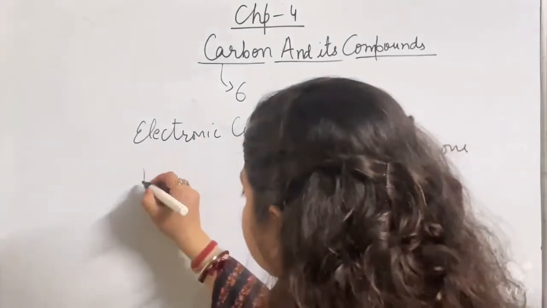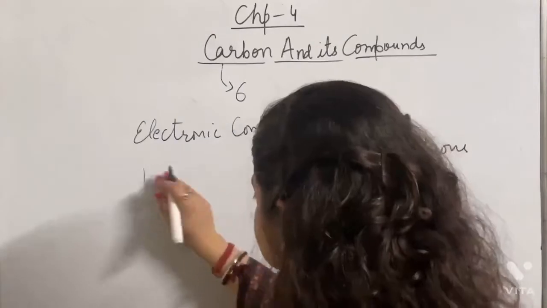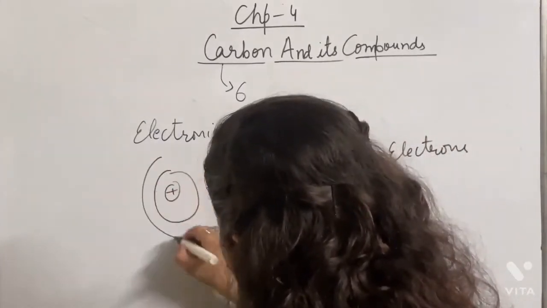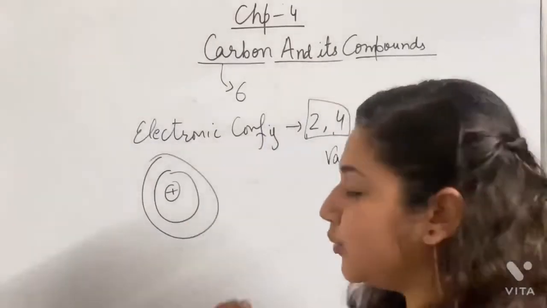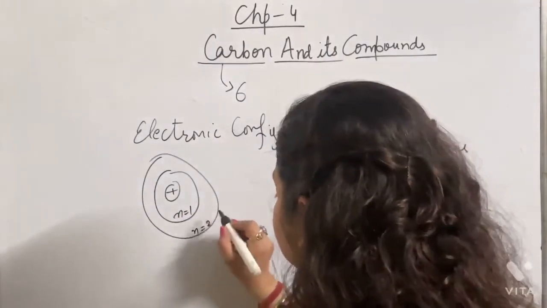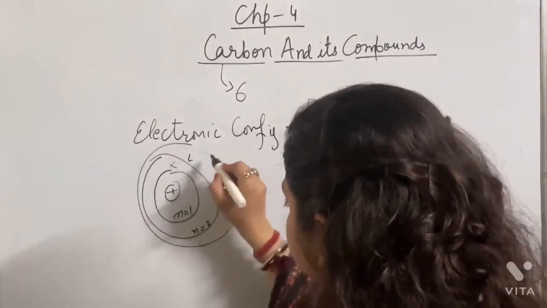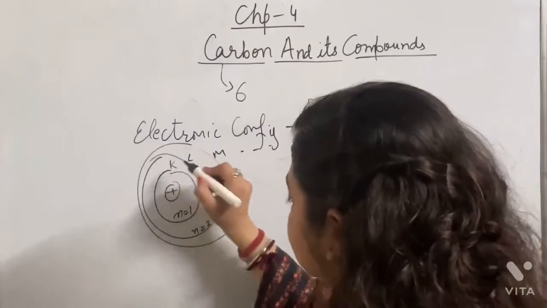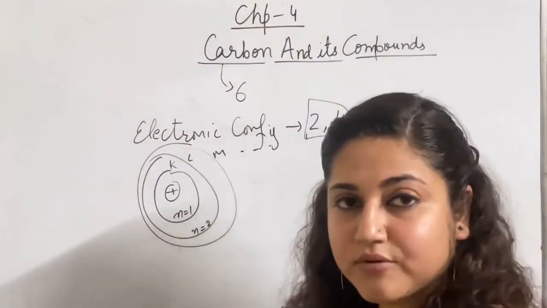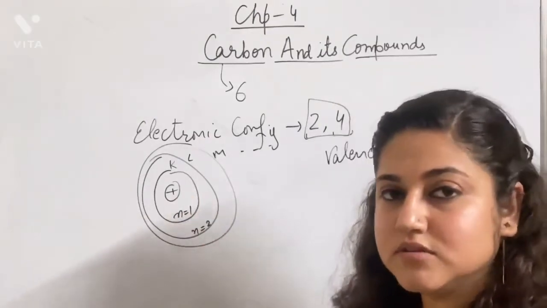And before continuing, firstly I will show what this configuration means. Just to recall the topic, you have studied in your 9th grade that we have an atom with its structure having K, L, M and so on shells. These shells are the orbits which contain electrons, and in these orbits around the nucleus electrons revolve.